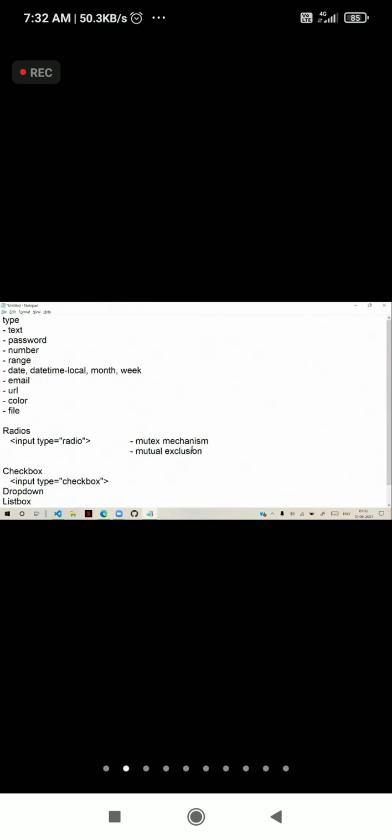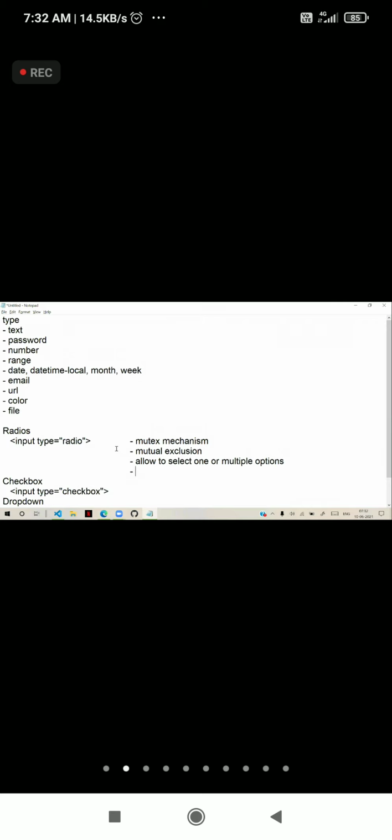But actually, radios allow you to select one or multiple options. It will allow multiple options also. But the main problem here is that once they are selected, they will not allow deselection.